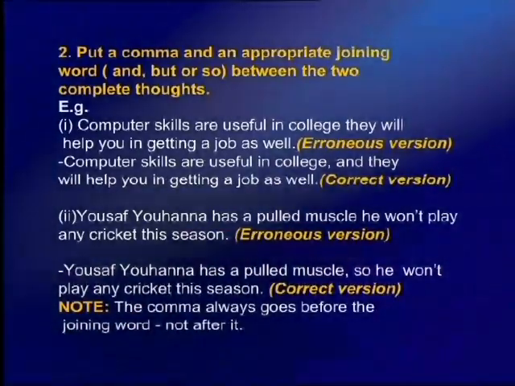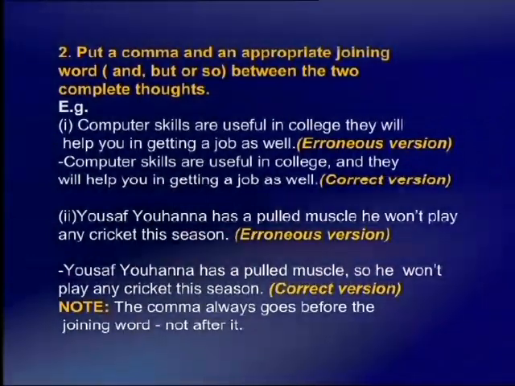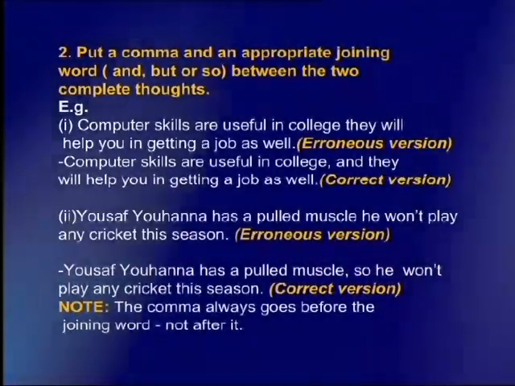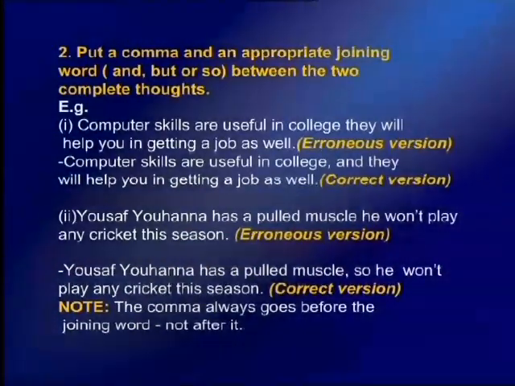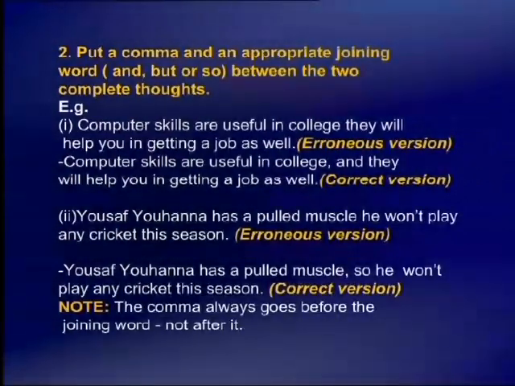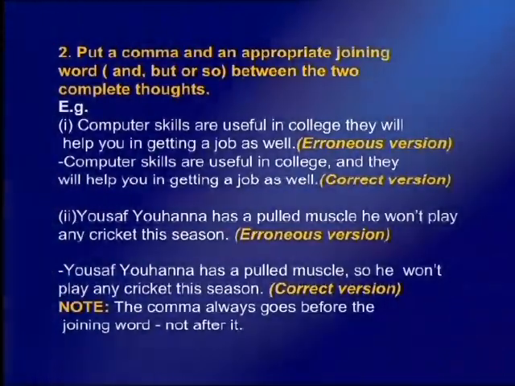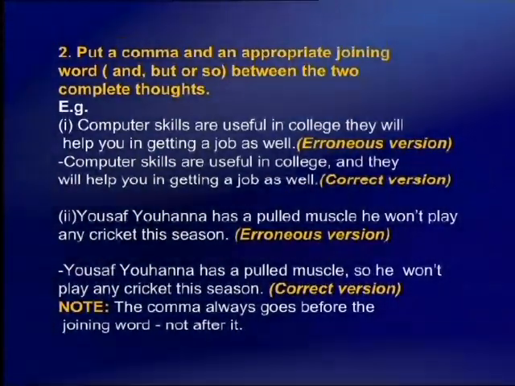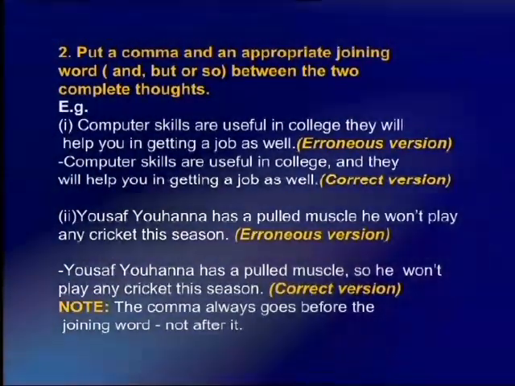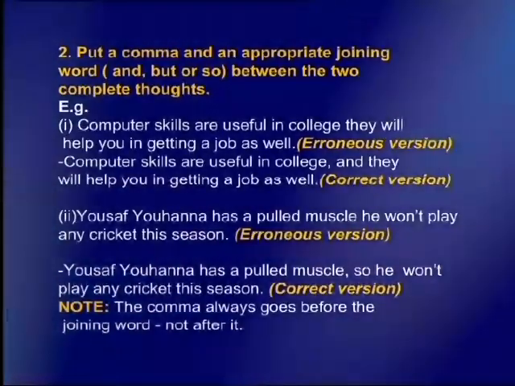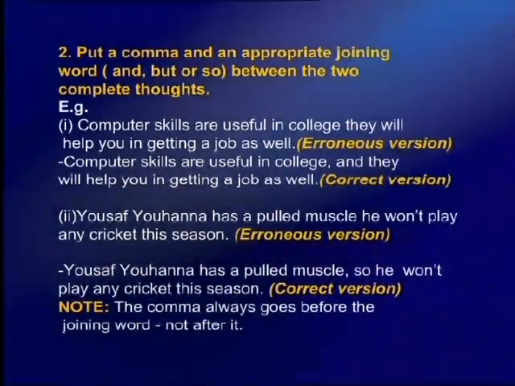And these joining words are words like and, but, or, so. Rule number 2 is that you put a comma between the two complete thoughts and you put an appropriate joining word between the two thoughts. Example,